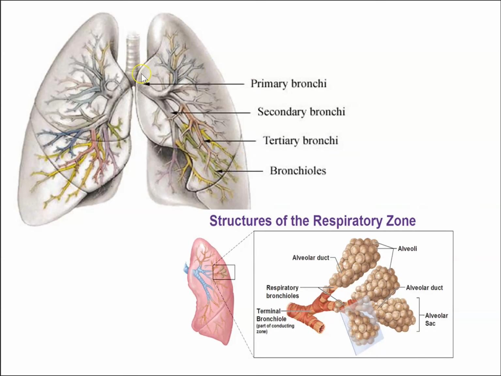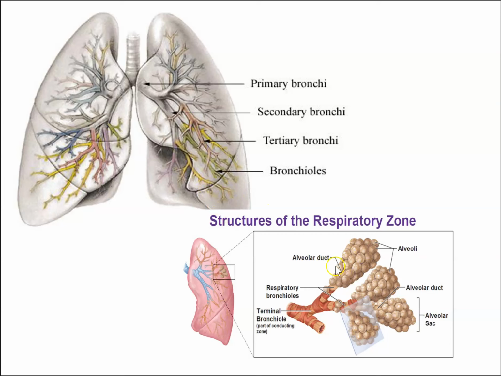If you look at the bronchi, these are the primary bronchi, and you have the secondary bronchi, the tertiary bronchi, and the bronchioles. And if you look at the respiratory zone itself, it consists of the respiratory bronchiole, the alveolar duct, and the alveoli. So these grape-like structures are present at the terminal end of the bronchioles,